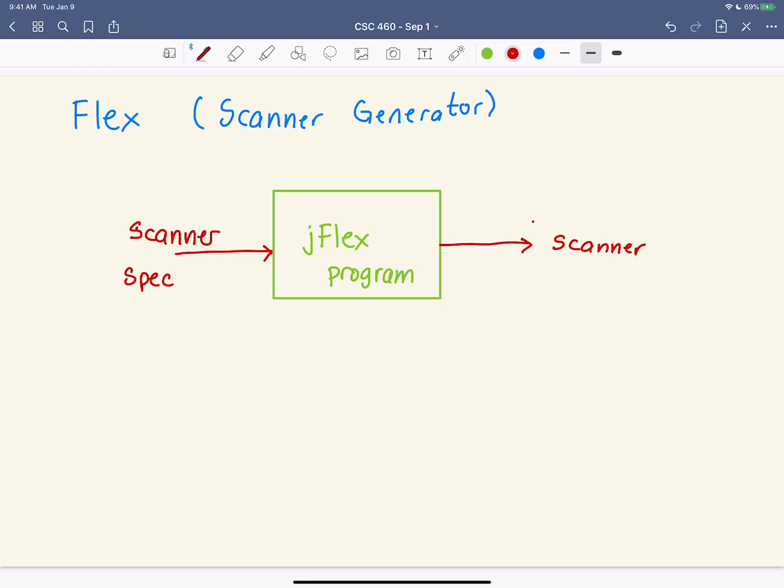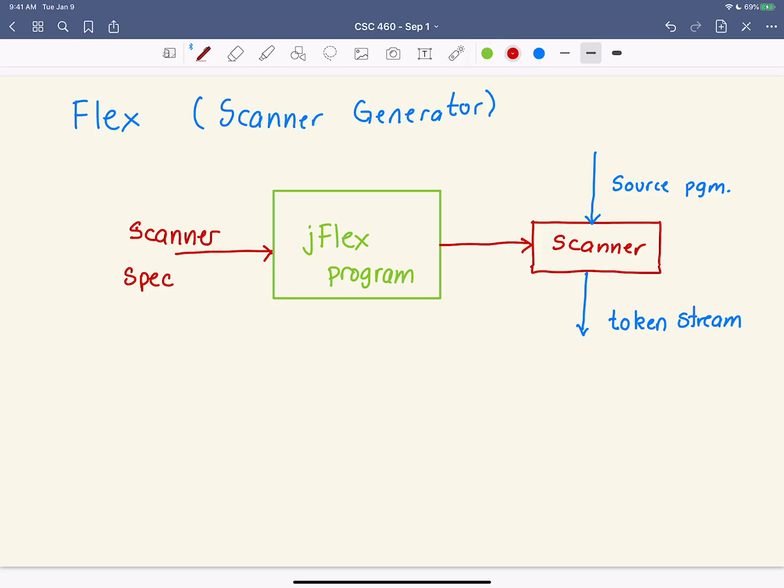And of course, if I look at that scanner as a program, then if I give that a source program, then what do I get out in the end? Well, I get a token stream. And once we've got all this set up, then we can feed that token stream into a parser that will then do the syntax analysis and tell us if our source program is correct.